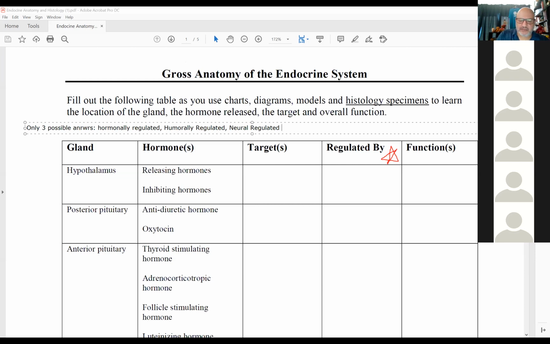But for each, you must be specific. Don't just say that the thyroid gland releases triiodothyronine and thyroxine hormonally. You have to say hormonally via thyroid stimulating hormone. Your adrenal gland releases adrenaline. How is your adrenal gland regulated? Neurally. Neurally via